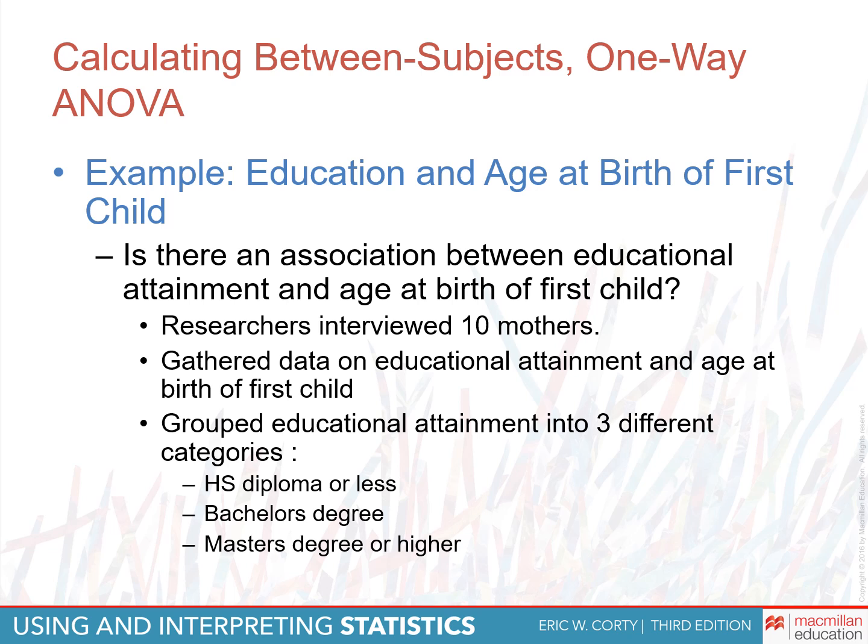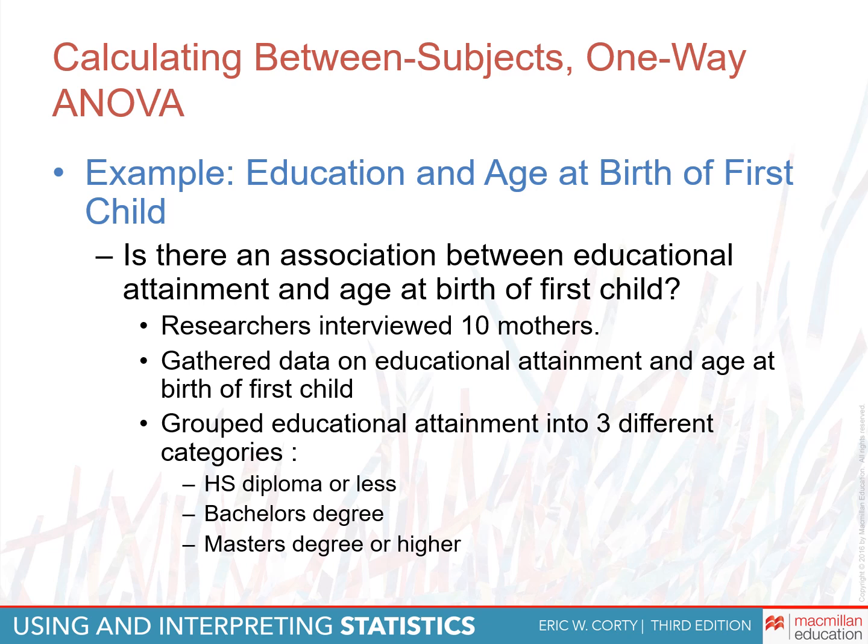Now what I want to do is actually go through the process of calculating a between subjects one-way ANOVA. So we're going to go through the process of hypothesis testing, and the example that we're going to use is looking at associations between educational attainment and your age at the birth of your first child. So we're asking, is there an association between how much education you get and how old you are when you